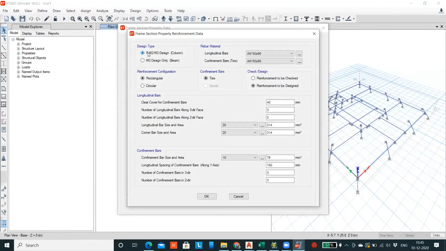Make sure that the design type is selected. For longitudinal bars, you give HYSD 415, which you have created, and these are all the remaining properties of the concrete, like what is the cover that you have to follow, the minimum number of bars in the first and second direction, longitudinal bar size, and corner bar size. You can give them, or you can change them.